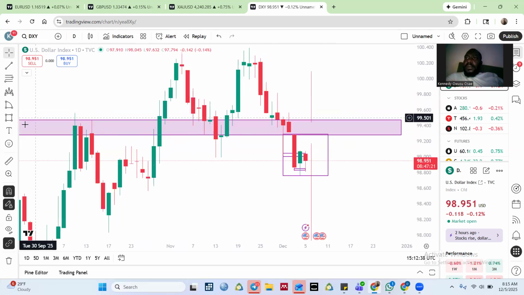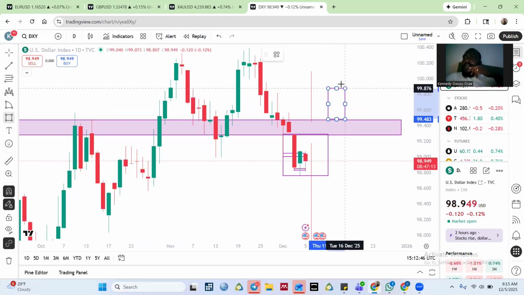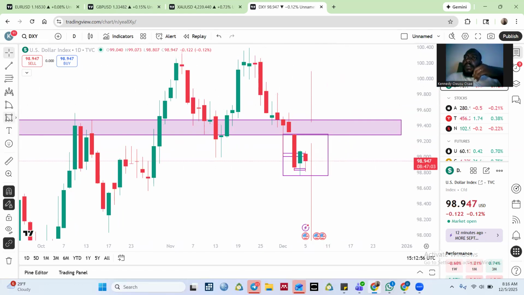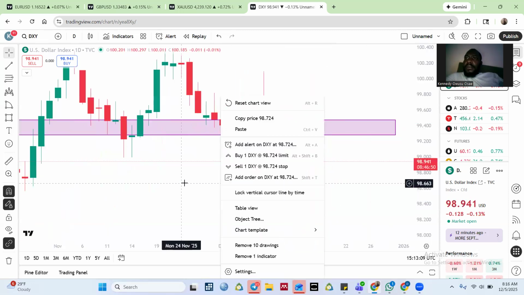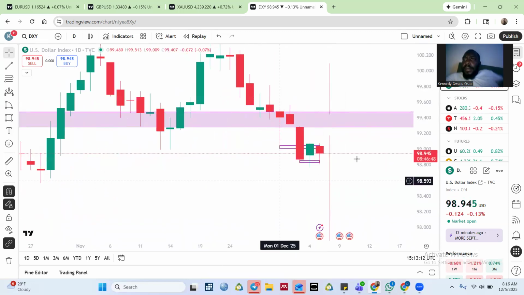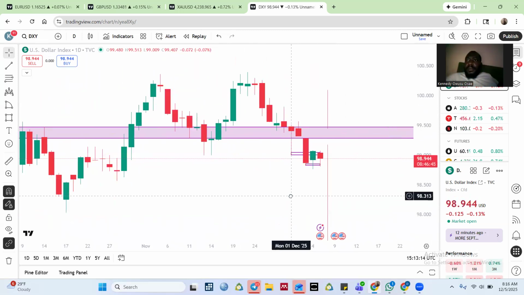Okay, so the idea is that if it pushes up again to go above the support, which means somewhere up here, it's likely that it might want to reach up to the upside again. But if it stays below the support, which is where price is right now, then it's more likely to keep dropping after breaking the support. So that is the idea right now from the daily time frame.